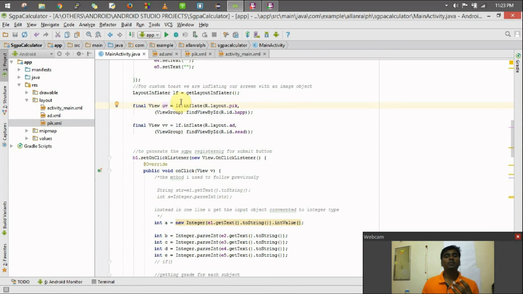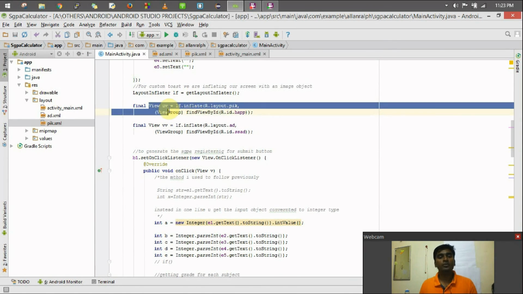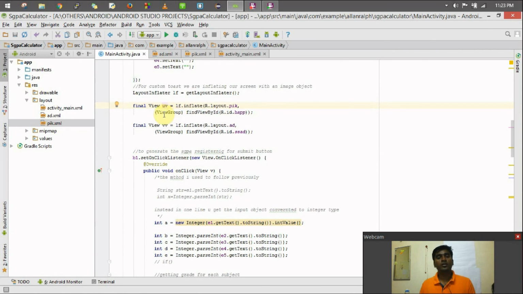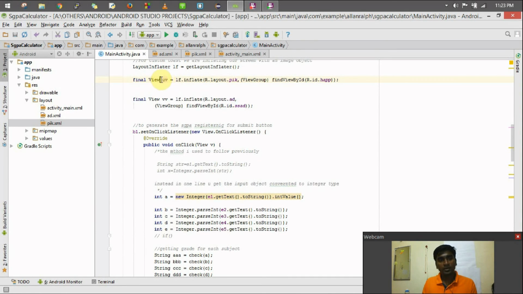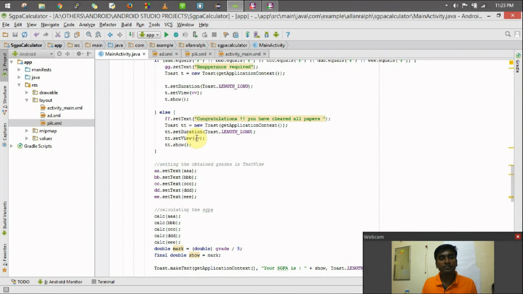This is what we are going to show to the user. So this is of type View, and we're typecasting this XML file into this view object. And this view object we are passing into setView so that it will be displayed on the main activity.xml.